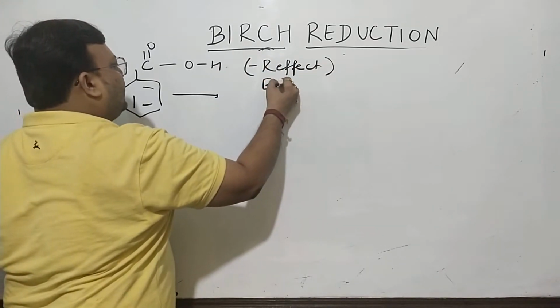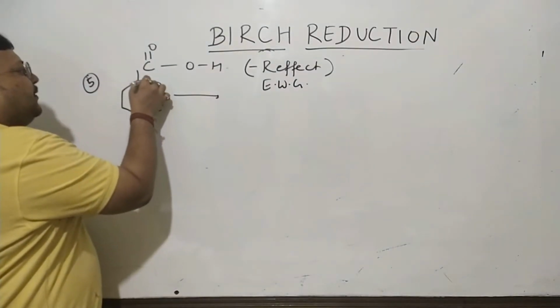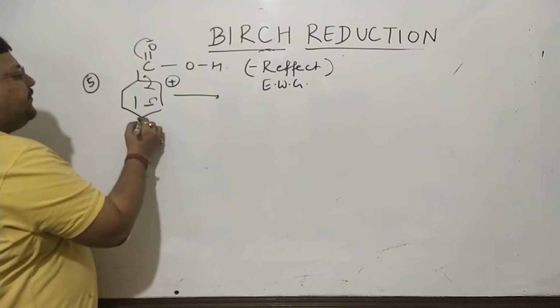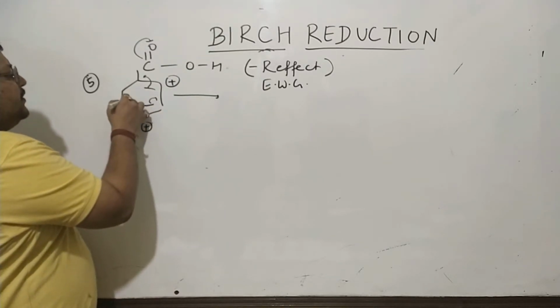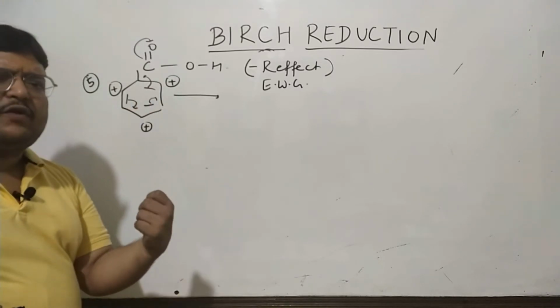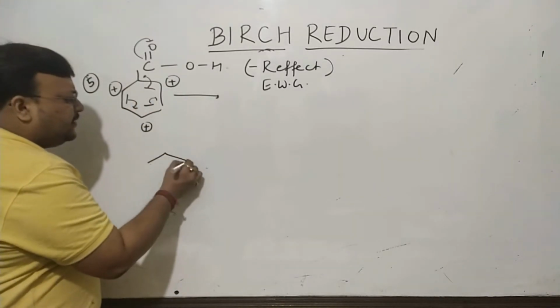an electron withdrawing effect. And this time there is electron deficiency at the ortho and para positions. So this is what is happening by default. By default, the ortho and para positions are electron deficient. So in this case,